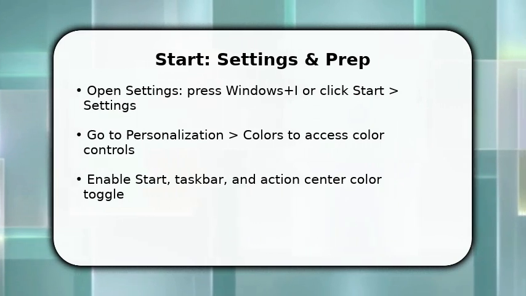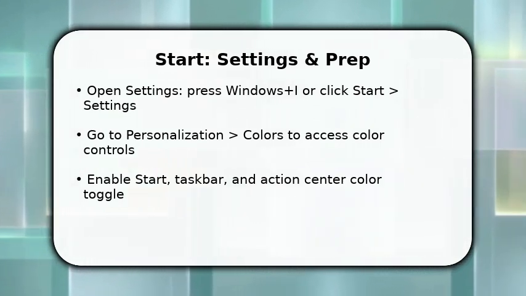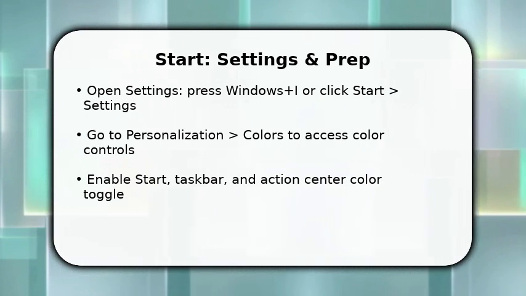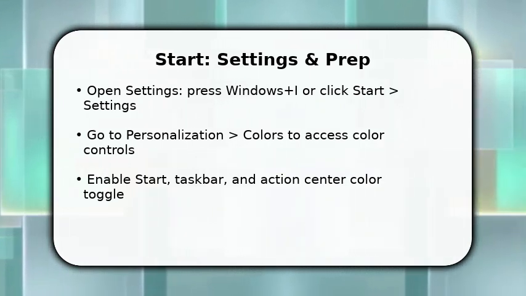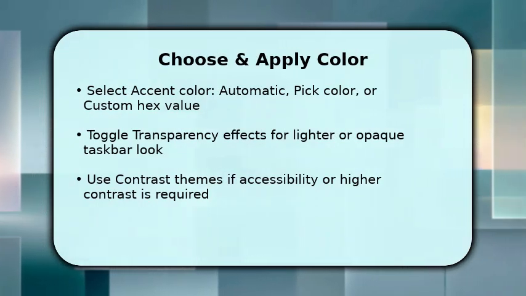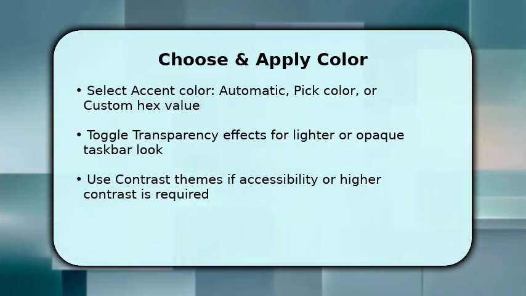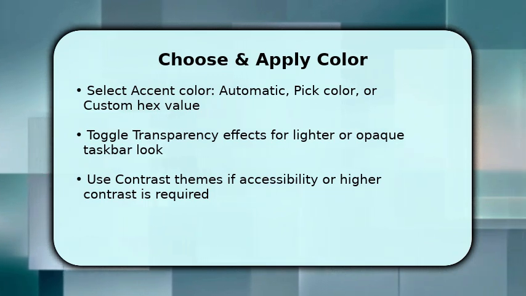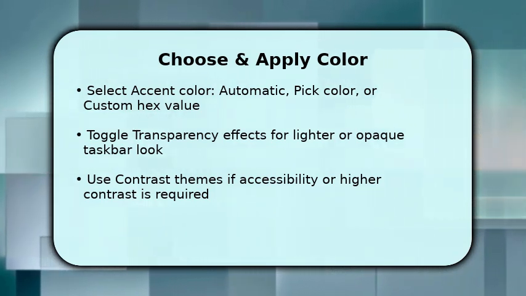Make sure you pick between Windows Color and Custom Accent. The difference affects light/dark contrast and visibility on pinned icons. Next, you choose the accent color that will paint your taskbar. You can let Windows pick an automatic accent from your wallpaper, manually pick a color, or enter a hex value